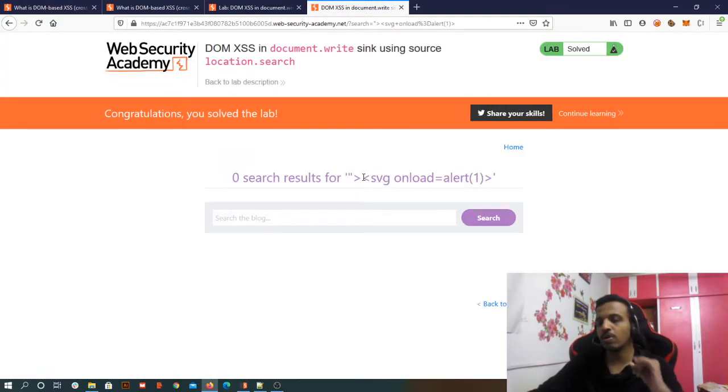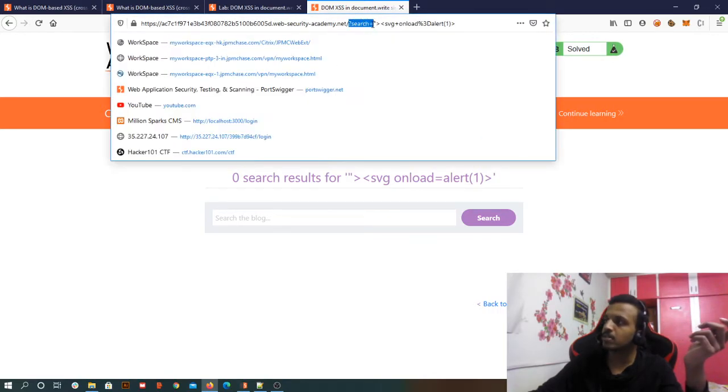I hope now you know what is DOM based cross-site scripting, you know what is sink, you know what is sources. So for source we have taken an example of this location.search. So this location.search is nothing but whatever query params that we are passing as parameters through the browser, I mean the GET request or the URL. Okay, I hope that makes sense.